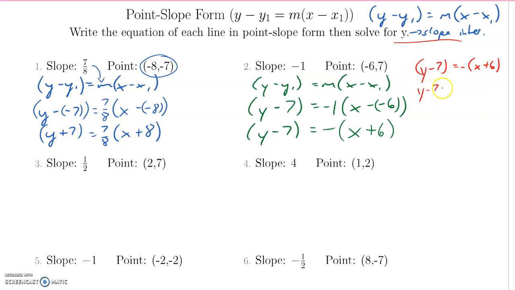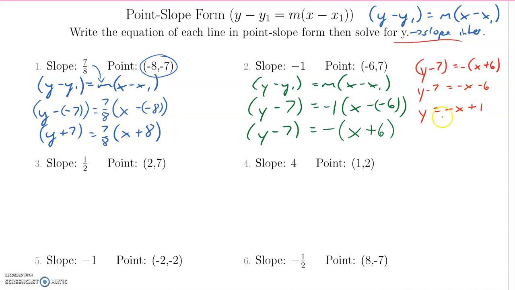That doesn't matter. And then if I multiply the -1 times this, I'd have -x, not plus, minus 6, like this. I want to get the y all by itself, so I'd have to add 7 to both sides, so that would cancel out this. And that'd be -x, add the 7, so that would be plus 1.